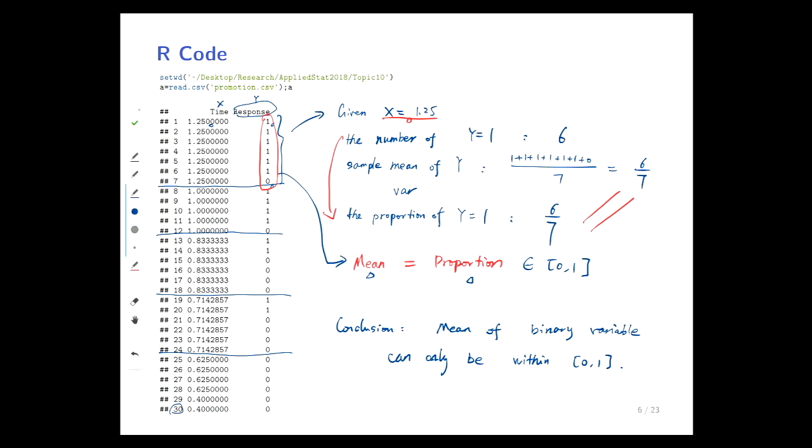You can also compute the other kind of categories. You can try given x equals to 1, or you can try x equals to 0.833, or you can compute the other kind of cases. You can always find this kind of conclusion. So the mean of the binary variable can only be within 0 and 1. So that's the feature of this kind of data. So remember this feature, and